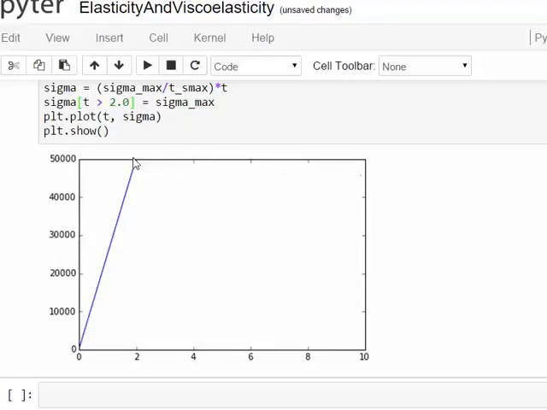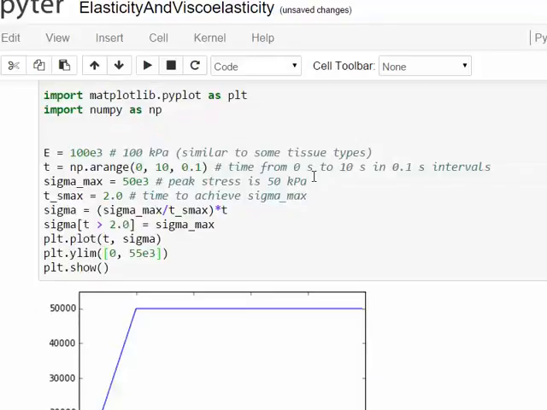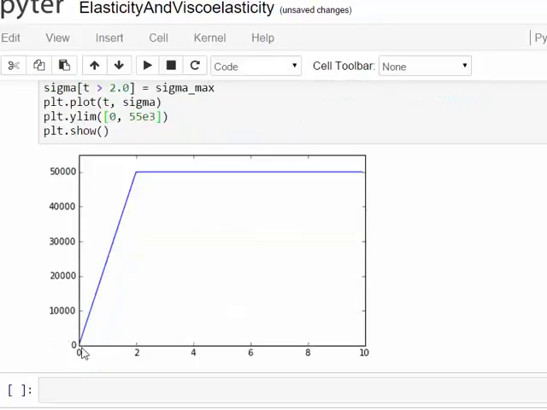You can't see it completely because it coincides with the grid. So we will increase the Y limit of the display from 0 to, let's say, 55 kilopascals. Now you can see that the stress has increased to 50 kilopascals and stayed there